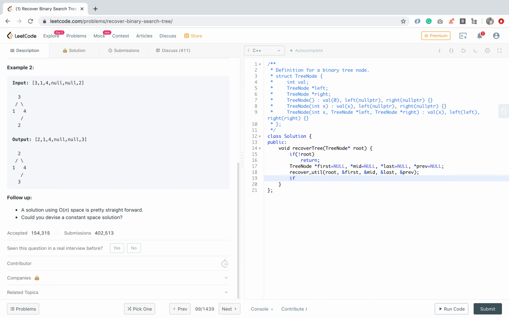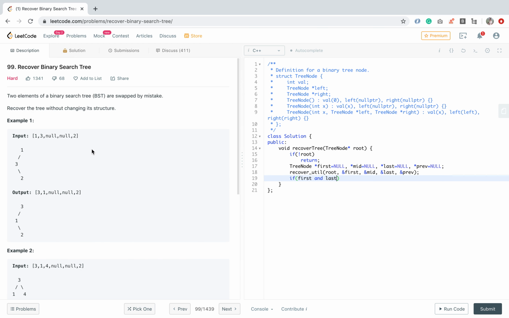The first case: if first and last exist, that means the condition in which the unordered elements are not subsequent, like in the first example, 1 and 3 are in the wrong position and in the in order traversal they are not subsequent.